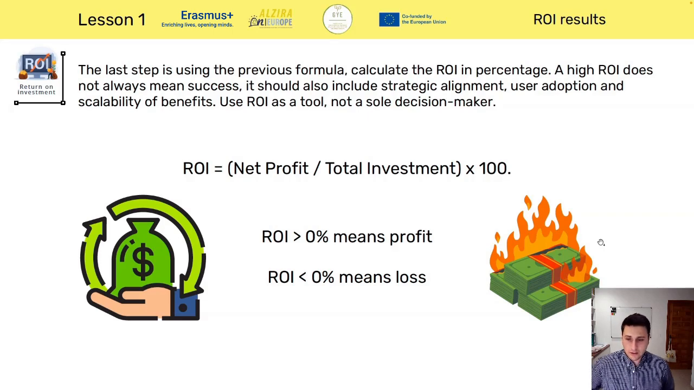Okay, so this is a ratio which is commonly accepted in order to see if that project is a green light or not. But